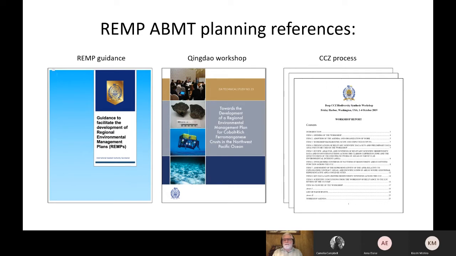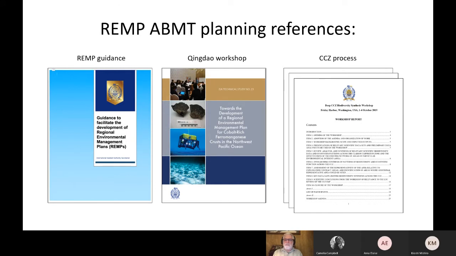We're not beginning this with a blank slate. There's been a lot of work done in the past, and there are three processes that I want to refer to. One is the Regional Environmental Management Planning Guidance Document developed by ISA that outlines the tools that are available for us in this process. Also, there was a recent workshop in Qingdao that looked specifically at this region